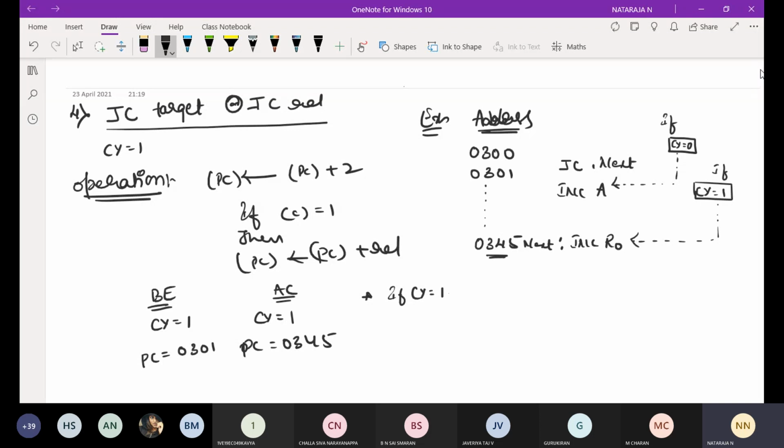Now I am going to take MOV A, #0F0h, and ADD A, #0FFh. Whatever the result with respect to addition, that will be stored in the accumulator. After this instruction, jump if carry to next or increment A. Can you write before execution and after execution? Anyone? Can you try this?